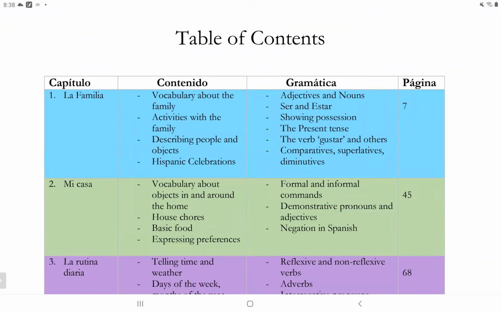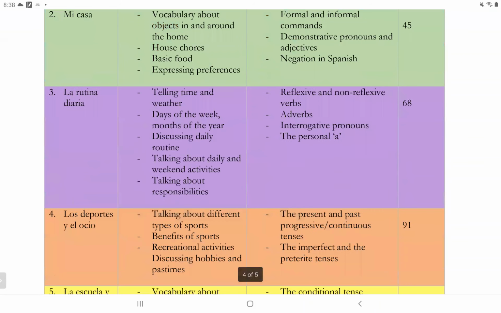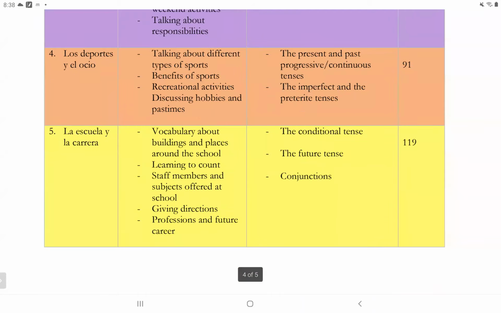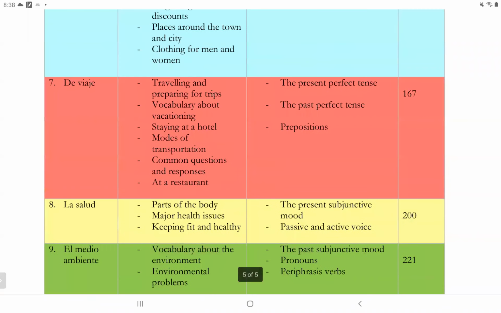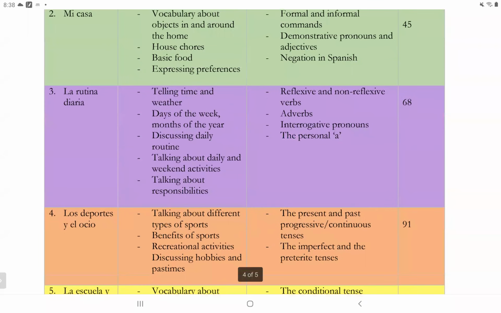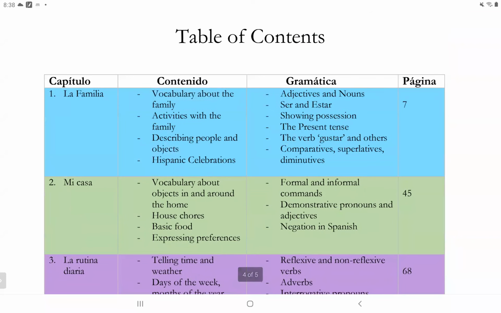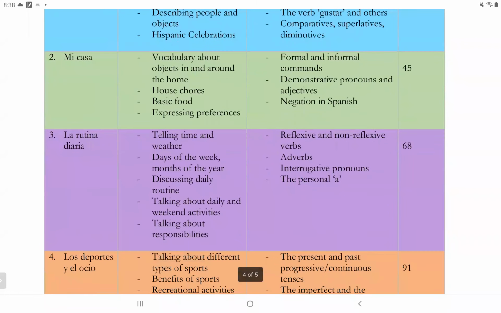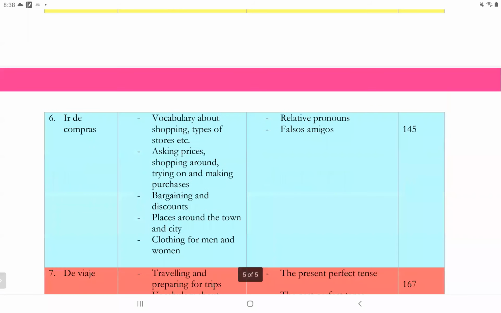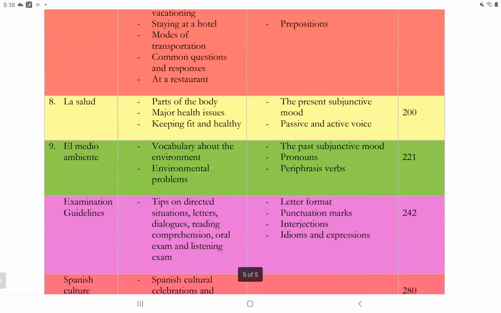So we have la familia, mi casa, la rutina diaria, los deportes y el ocio, la escuela y la carrera, ir de compras, de viaje, la salud, el medio ambiente. So in each chapter, it goes in depth with content and grammar. It starts at a very basic level and then it goes up to an advanced level. So the vocabulary goes hand in hand with the topic and the grammar, and then the grammar, it increases in difficulty. So it starts with very basic revision stuff or things that you're supposed to know from Forms 1 come up, and then it goes straight down to the last chapter, which is El Medio Ambiente,